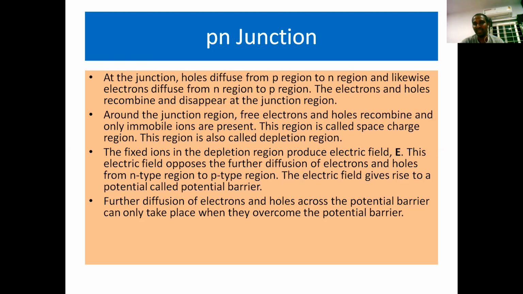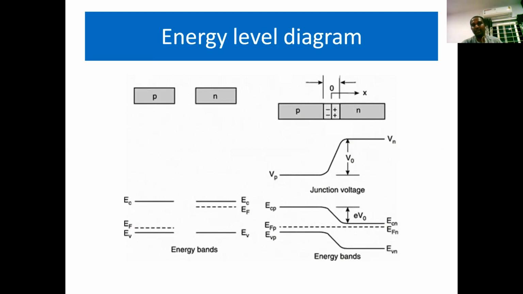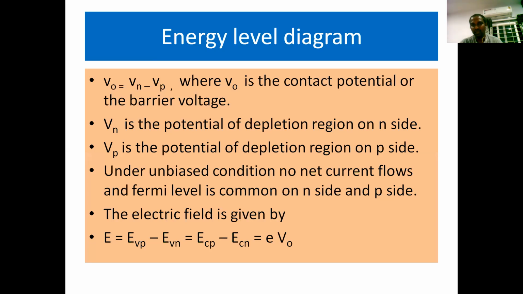the potential barrier. In this diagram, you will notice the energy level diagram of both P and N regions. You know very well, in case of P-type semiconductor, the Fermi energy level is above the valence band, that means the Fermi energy level is very near to the valence band. And in case of N-type semiconductor, the Fermi energy level is very near to the conduction band. At the junction, there is a certain voltage known as barrier voltage, usually represented with VB, which opposes the process of diffusion. Those representations are shown in that diagram.